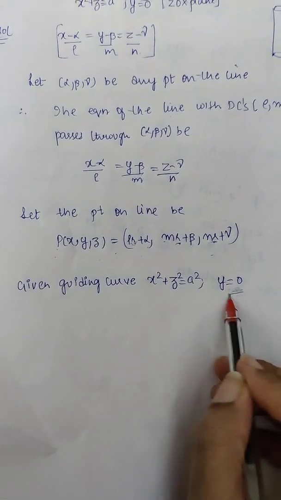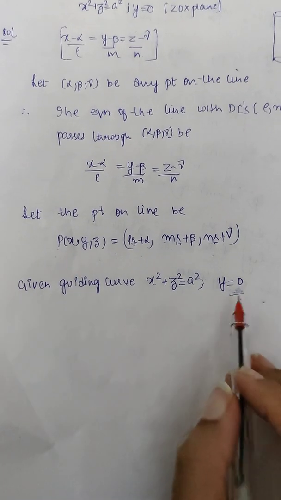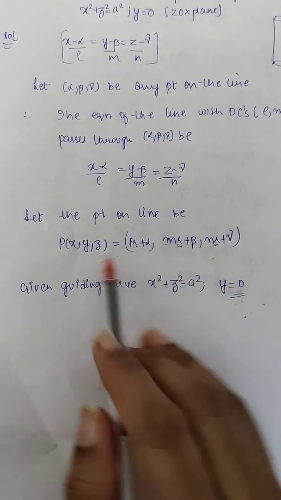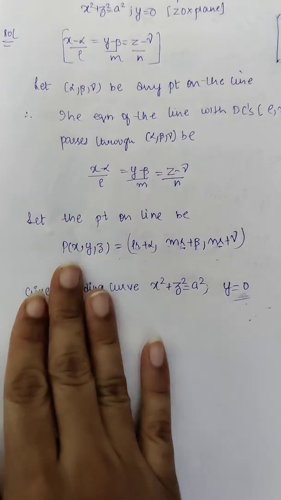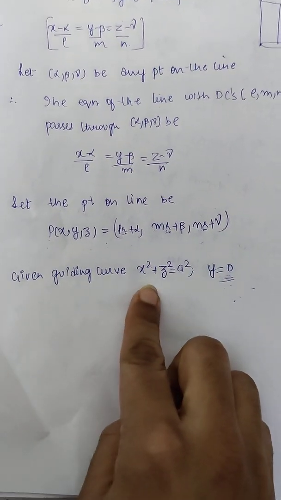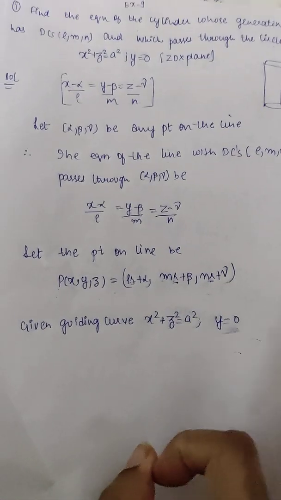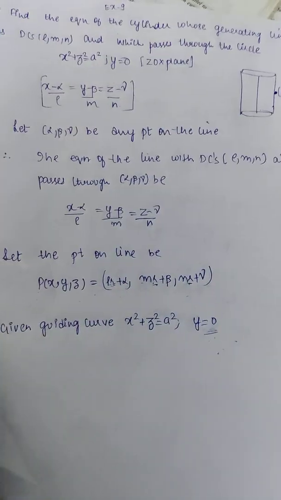The first degree equation is helping me to evaluate the value of r. So once I get the value of r, I will substitute it into the P. So I will get the value of x, y, z. Once I get the value of x, y, z, I'm going to plug it into the second degree equation. Solving that is going to give me the equation of the cylinder. Am I clear with this?